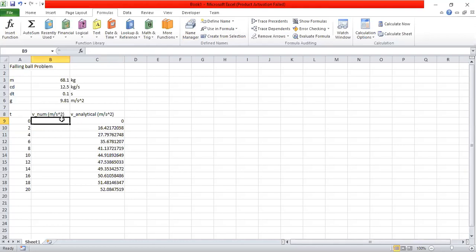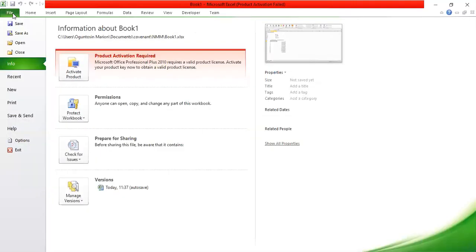In order to do the numerical solution, we need to write a function in Excel that is going to compute the numerical solution for us. Excel has a place where you can write the code. So please pay attention while I do this. To write the Euler's function to calculate the numerical solution for this problem, first of all, in Excel, you go to File,